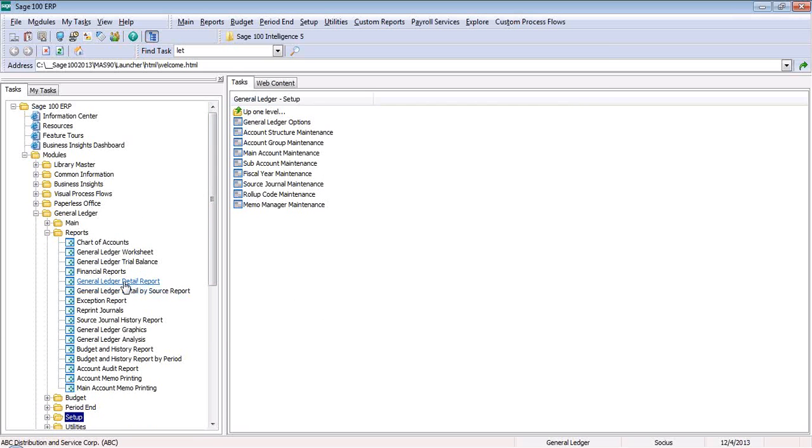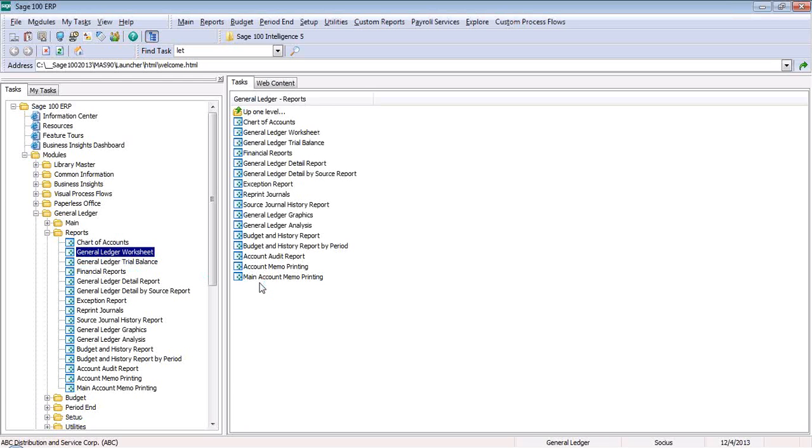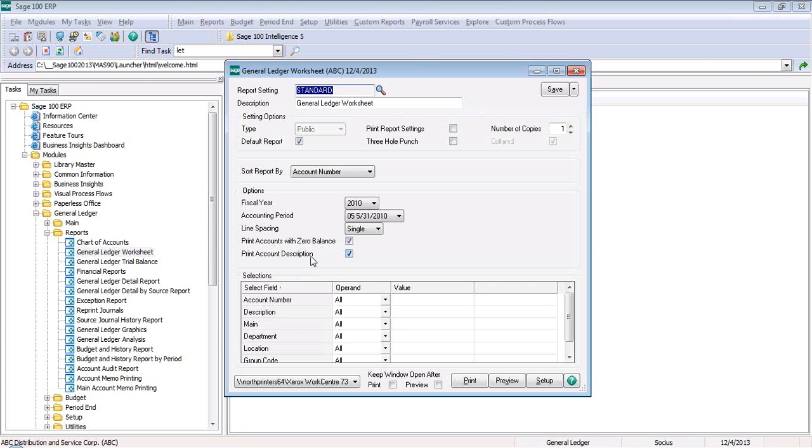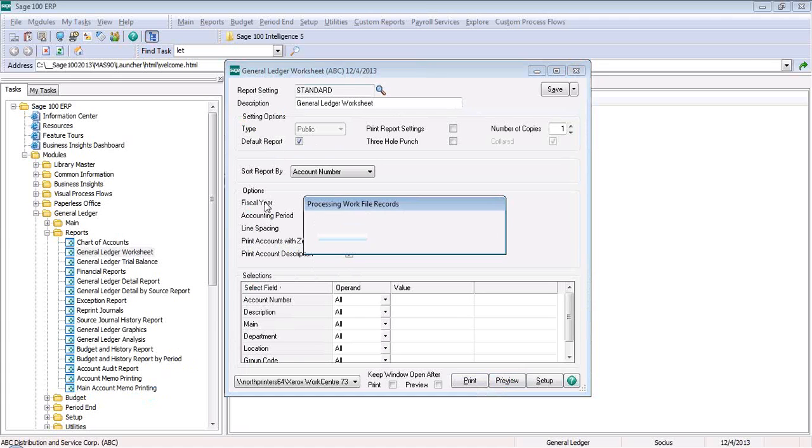And then again, of course, you would want to print your trial balance and make sure that's in balance. If it's not, you'll need to reconcile that. And they do give us a little general ledger worksheet. I don't think it gets used a lot, but it actually can be used to help you determine what your adjusting entries should be. So if I preview that,